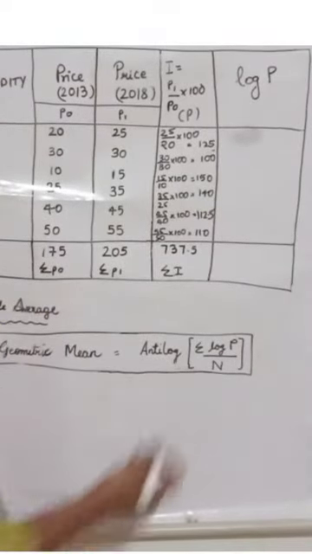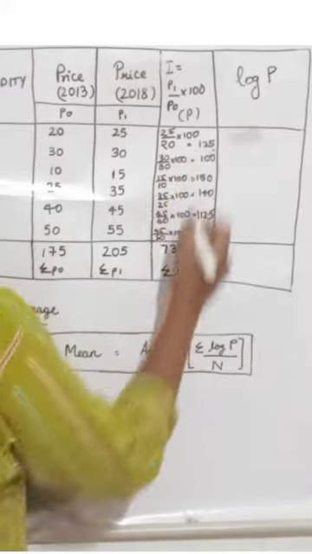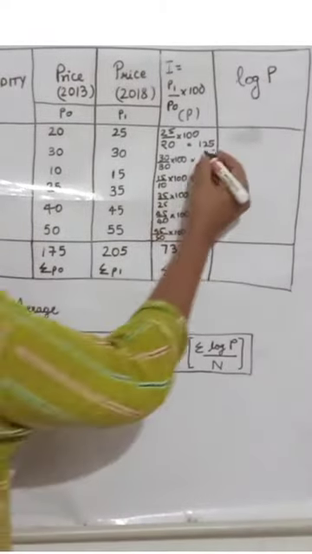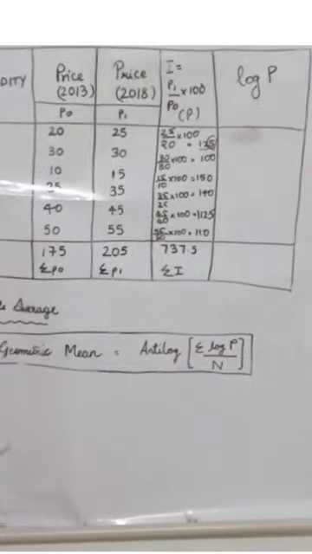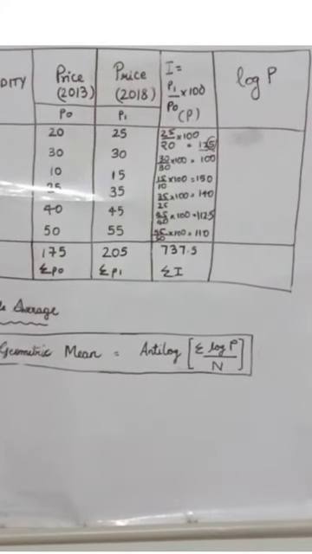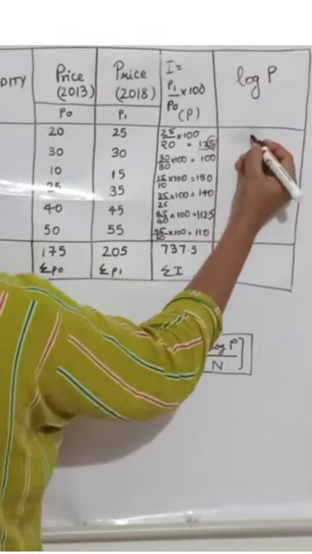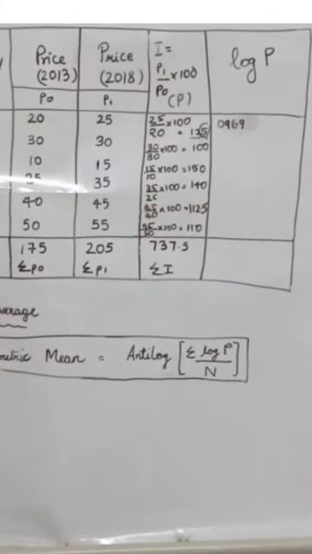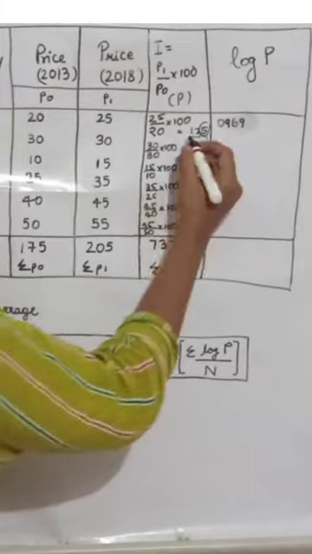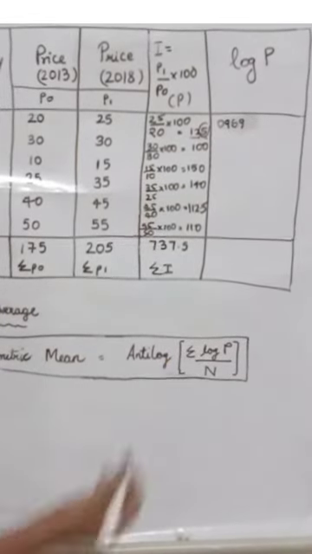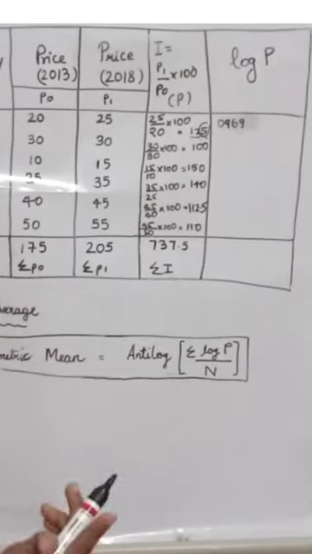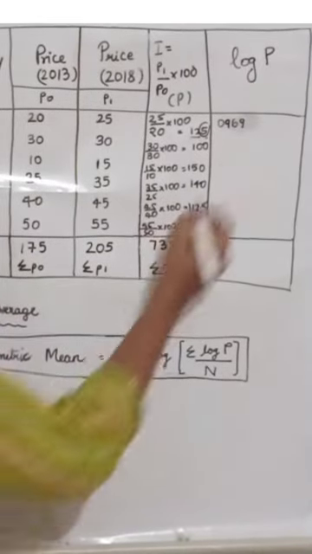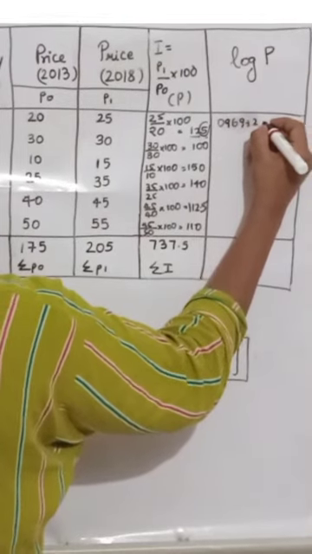Logarithm of 125, we have 3 digits, right? So the first 2 digits you have to check. You have to check 12th row, 5th column. What is the corresponding value that you need to check? Since it's a logarithm, we need to add a prefix. How many digits do we have? We have 3 digits, 1, 2, 3. 3 minus 1, 2 is the prefix. So let us add that 2.